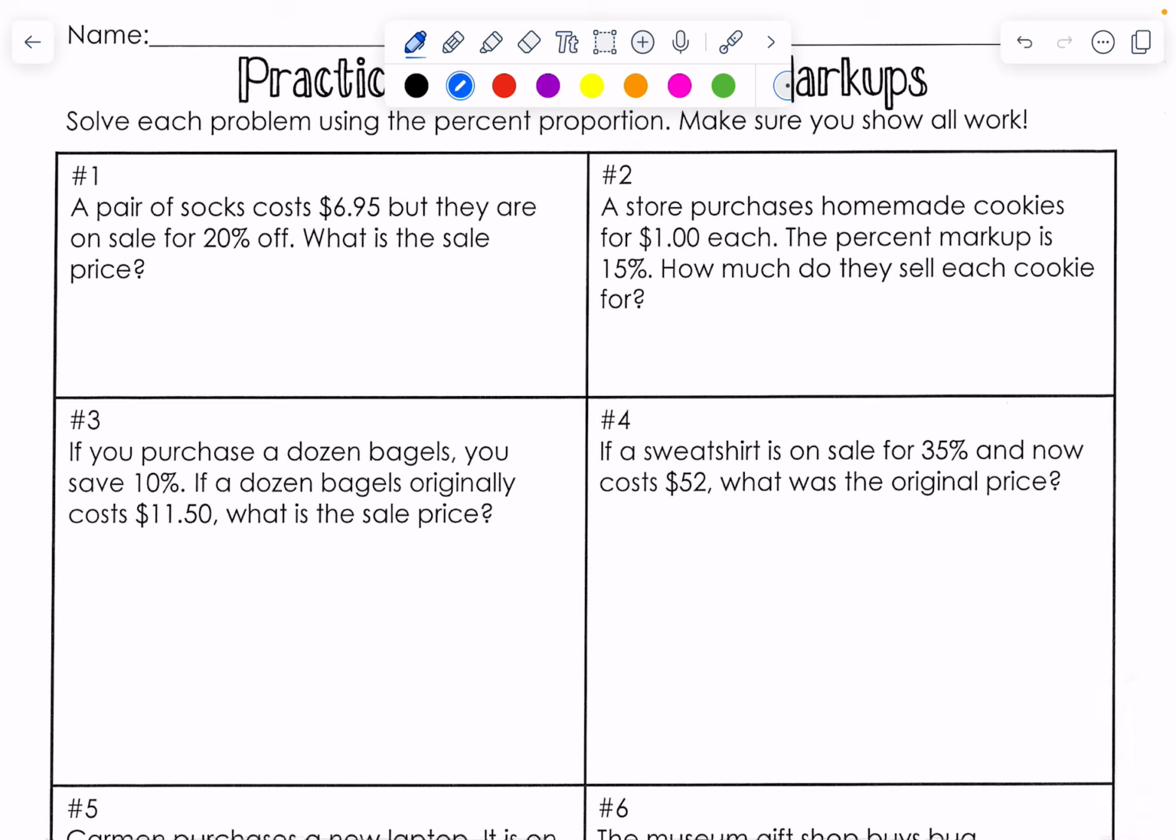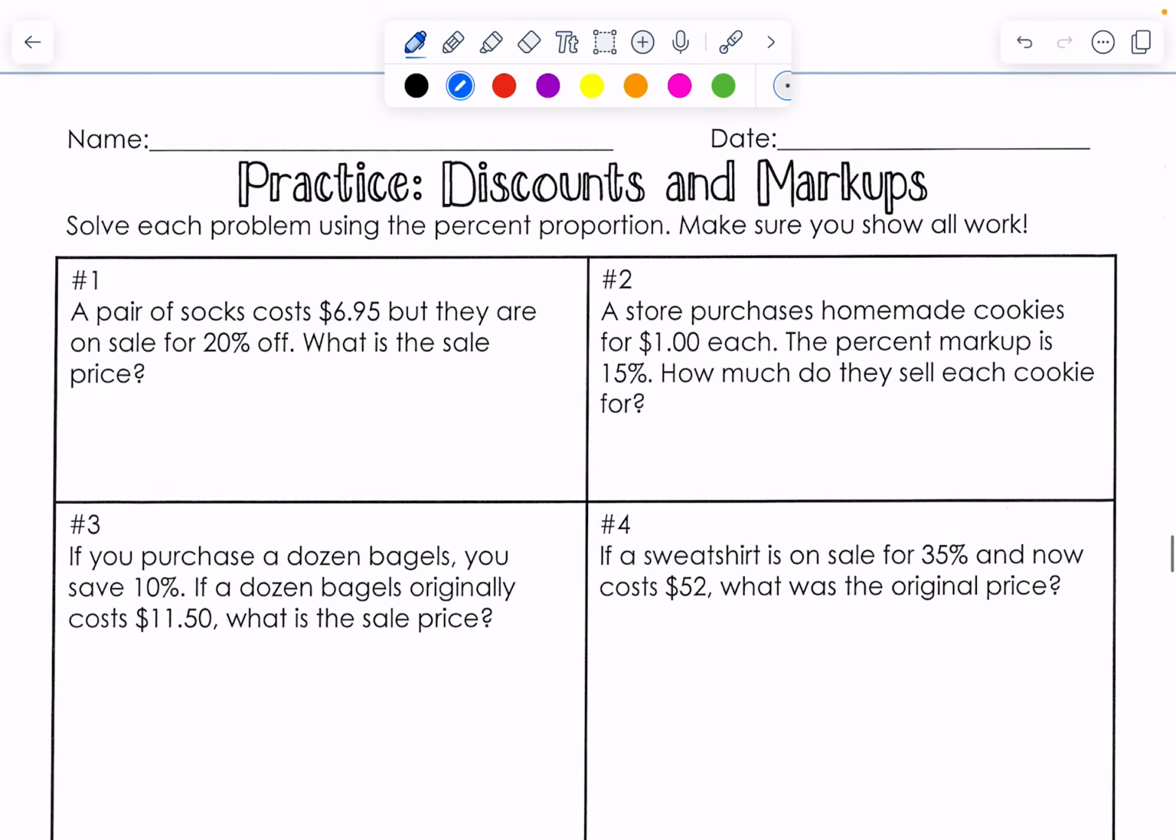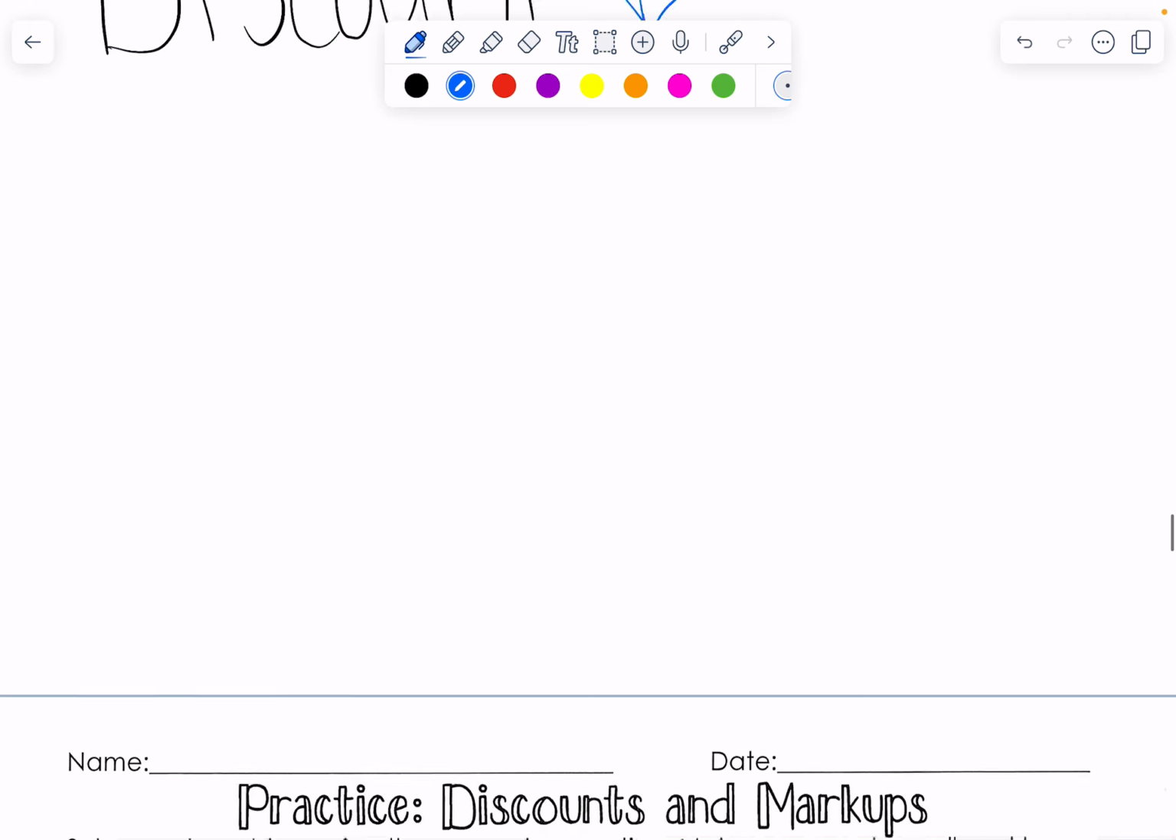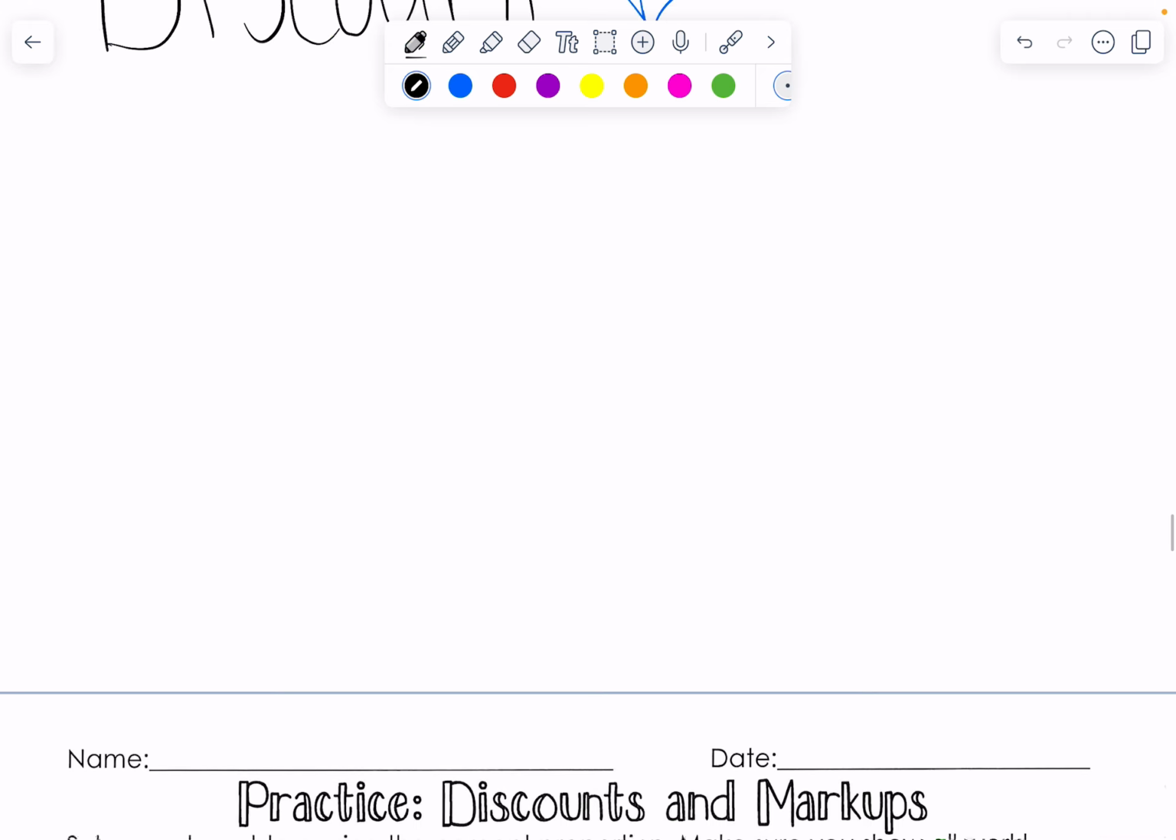So we are going to look at some problems that involve all of these things: taxes, tips, discounts, markups, and how we can solve these. So these problems are still going to be based off of finding percent of a number. And so when we find percent of a number, you have a few different options. That's where you could either use your percent proportion,